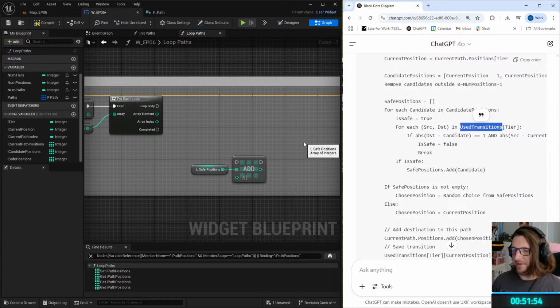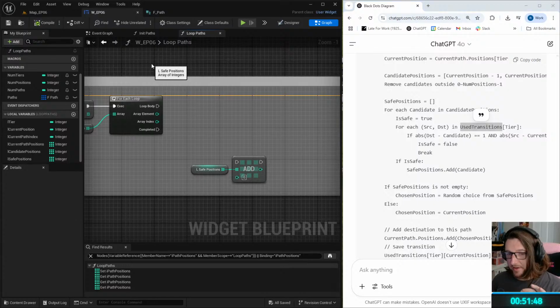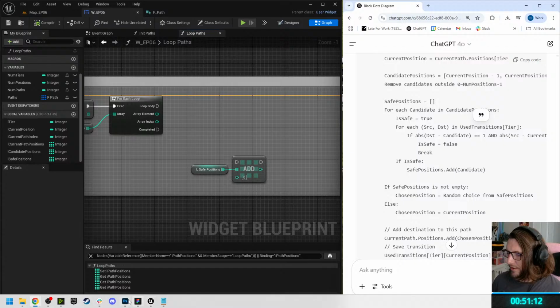So we have this used transitions, and every entry in used transitions is a tier. It's an array in that tier. So element 0 is for that first tier on the map. As we move, it's going to hold an array of 6 points to begin with, because they'll be random. It could be 5 points, could be 4 points, but it's generally always going to be 6 entries long, because every path is going to go somewhere, but sometimes they'll get to the same place. So in the used transitions tier, there will always be these 6 entries, and we're going to determine which node is,